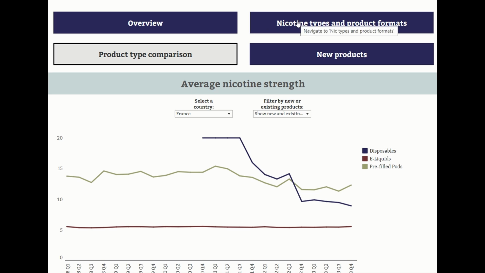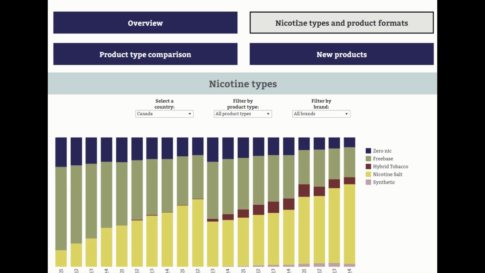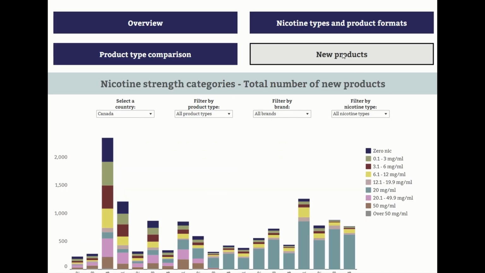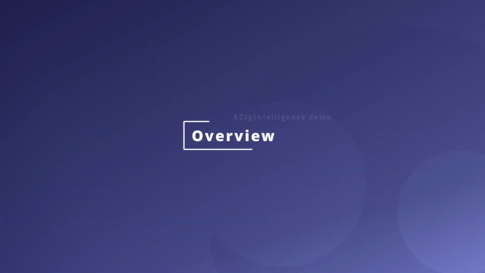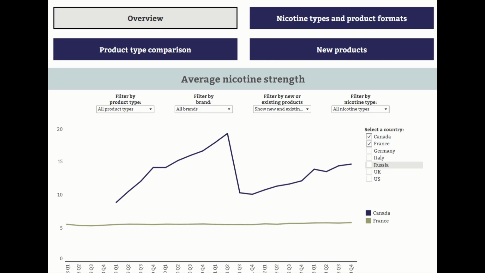The Nicotine Types and Product Formats tab looks at the differences between the different nicotine types that the tracker covers, and also between the different bottle formats in TPD markets. And lastly, the New Products tab looks at differences between new products in a given country. So after explaining briefly what each tab contains, let's take a deeper dive into the first tab, which is the